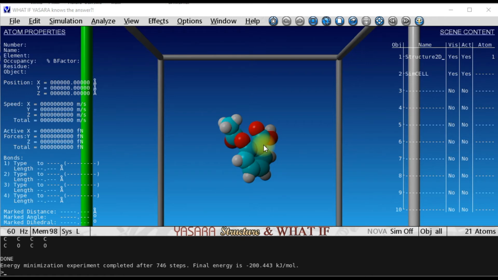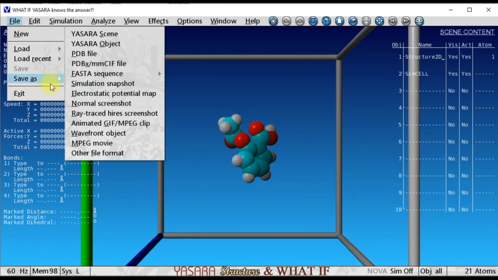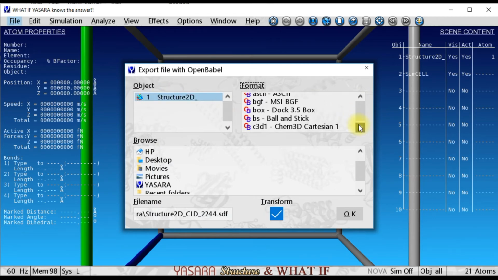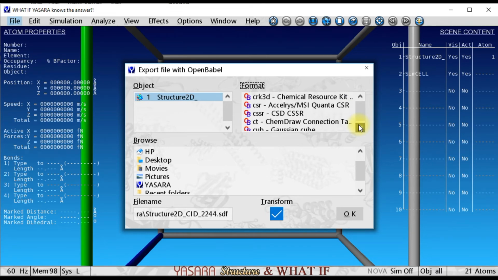So now you need to save this energy minimized compound. So go to file, save as. Same way you need to save it in the same SDF format. So again go to other file format, click on the object structure 2D, then the format, which format you wanted to save.